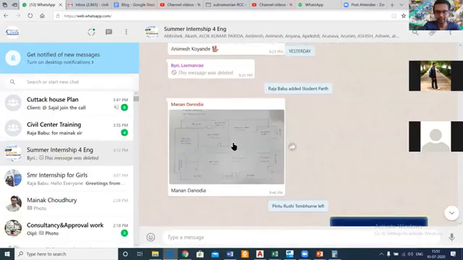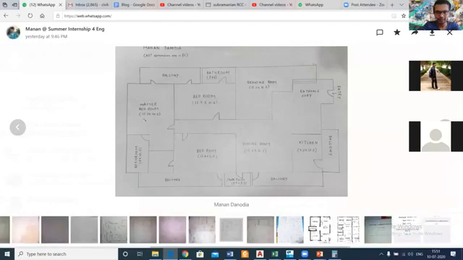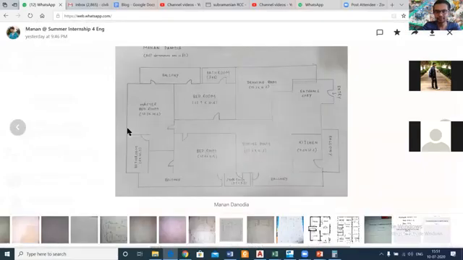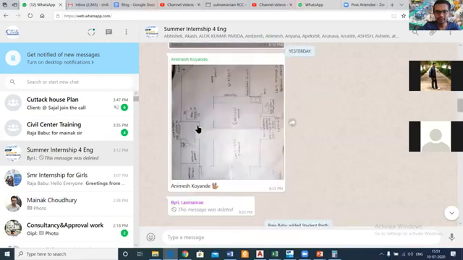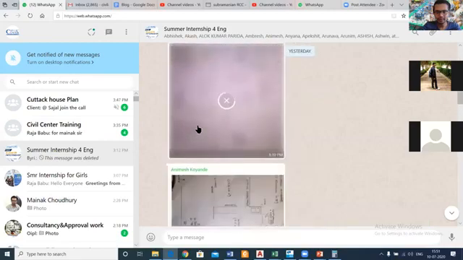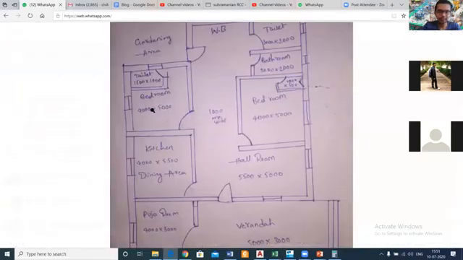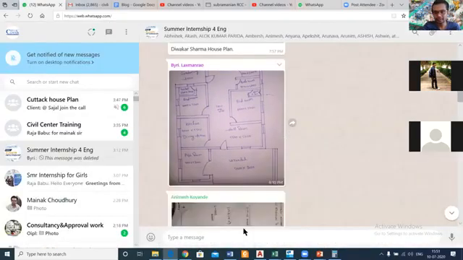Let us just check the different bedroom sizes we have obtained here. Master bedroom, I think the unit is feet here. So it's 12 feet 3 inches into 14 feet 6 inches, 12 into 14. So these are the plan sizes. And another last, let us check, it is 4 meter into 5 meter. 4 meter into 5 meter is 13 into 16. So these are the various bedroom sizes which we have. Now, if you were to determine the particular components,